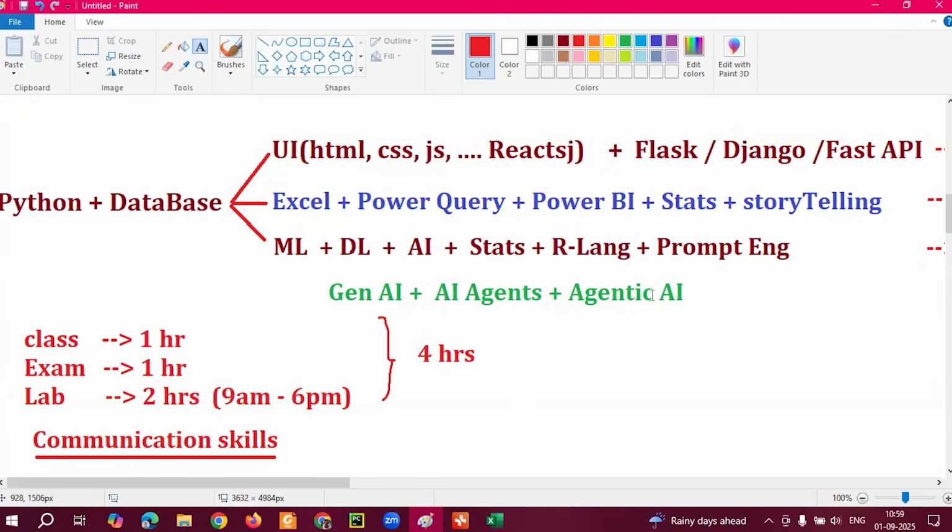This is a demo session. That's the reason I didn't inform anything. Once class starts, mostly tomorrow I will explain about the job market, where we will get jobs, and the salary packages available. These related things I will discuss in tomorrow's session. Day after tomorrow onwards, we directly start the classes. First, I have to give information about what your course is, where we will get the job. These things I have to inform. Once it is done, the second level is: sir, what are the package details? Then go for the work.